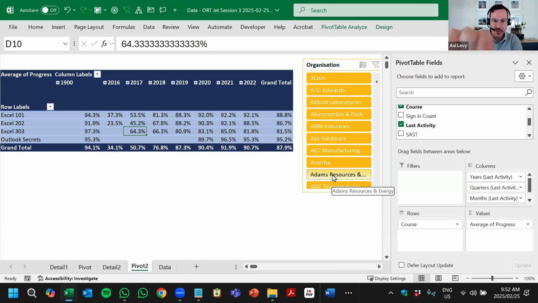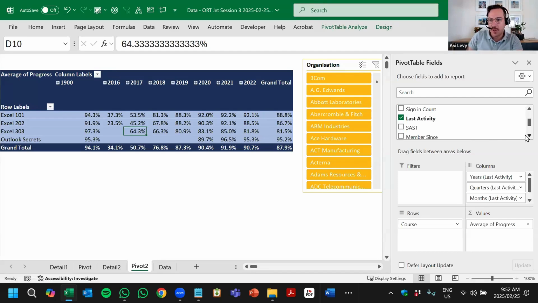Because if we just had every individual date as a column heading, it's going to be a very large pivot table. And as I mentioned, that's counter to what a pivot table should be. It should really be a nice condensed summary of your data. In this case, Excel automatically grouped them really nicely, which is great. So now we can see over the years in terms of when a person was active,